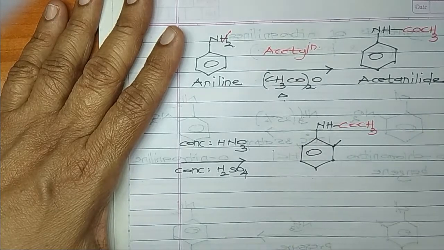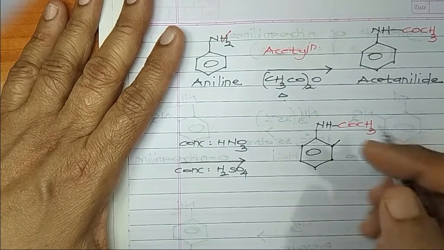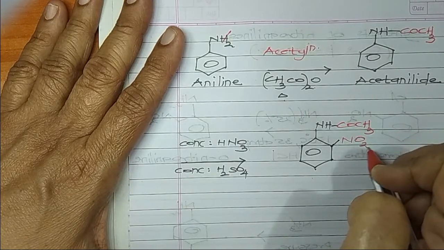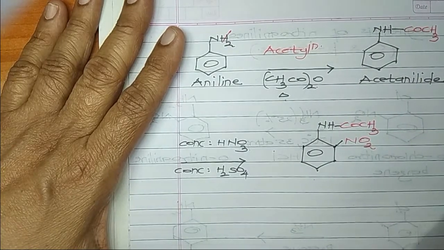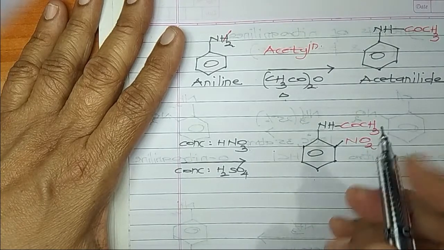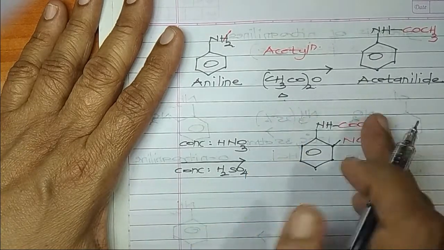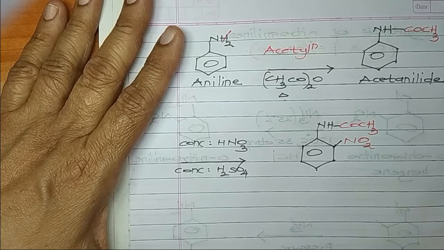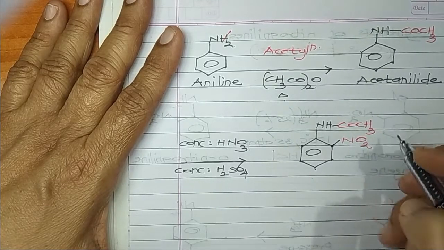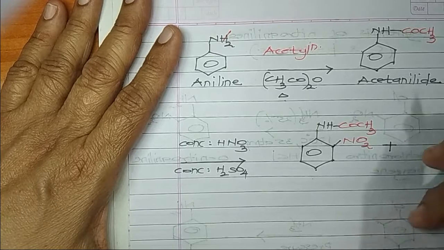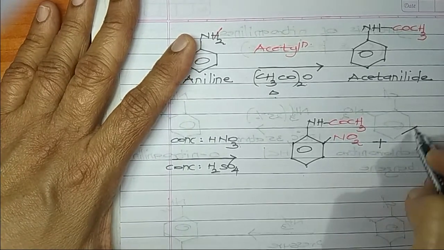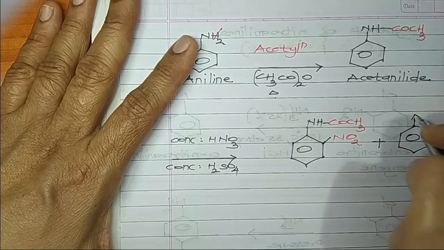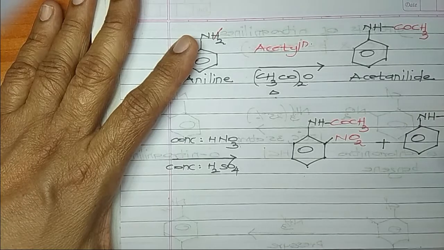You remove the hydrogen atom from the ortho position and replace it by a nitro group. A nitro group looks like this. Now this compound is a nitro derivative of acetanilide. It is ortho nitroacetanilide. Will I get something else? Yes, you will get something else. You will also have a para isomer. So how does the para isomer look like? Your para isomer will look like this,